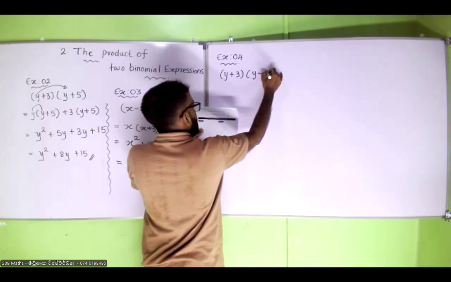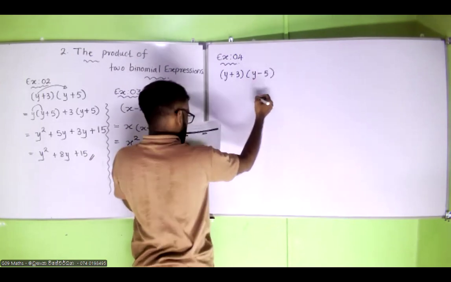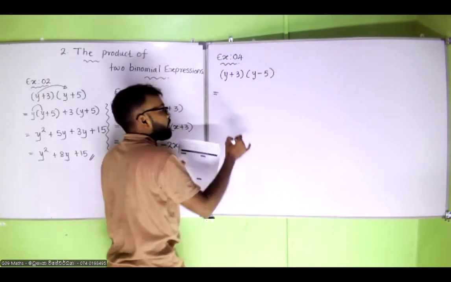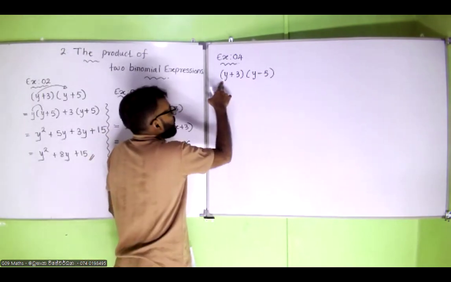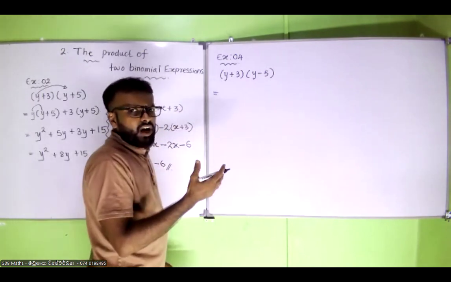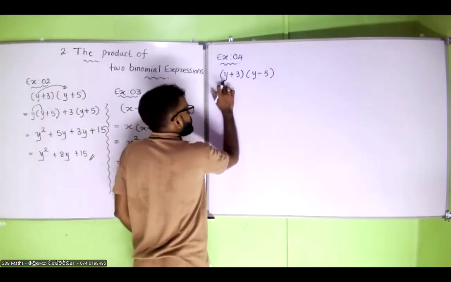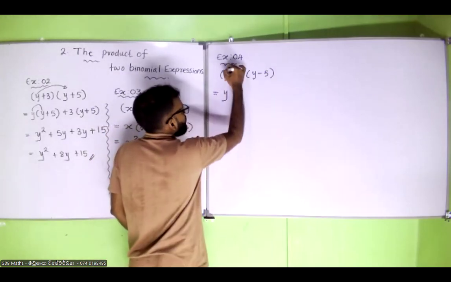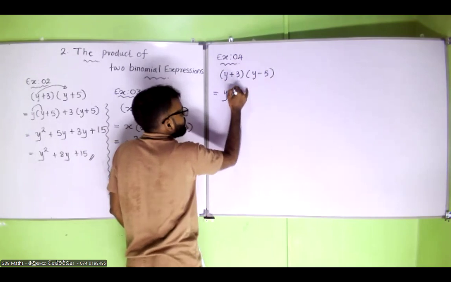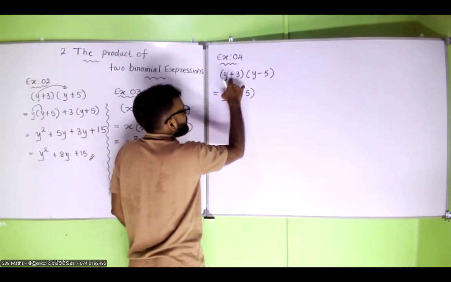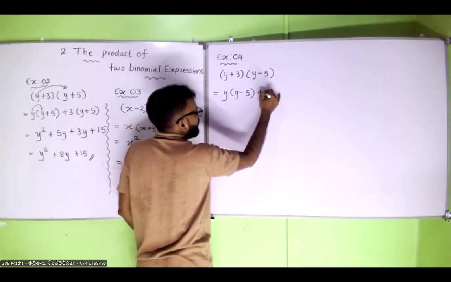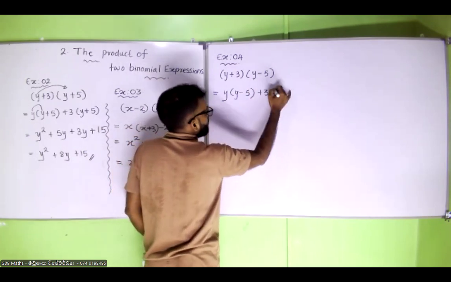y minus 5, equal mark, right? Now like previous, we have to separate positive y into this expression y minus 5. There is a pattern you need to understand. Here you have plus 3, y minus 5,